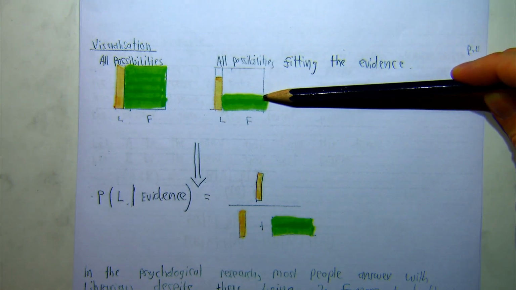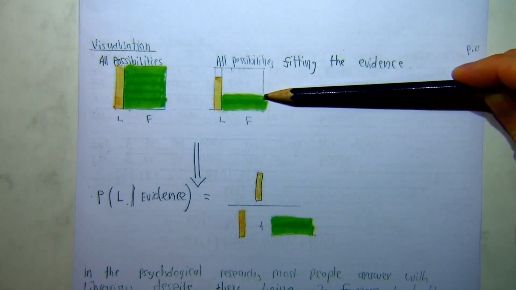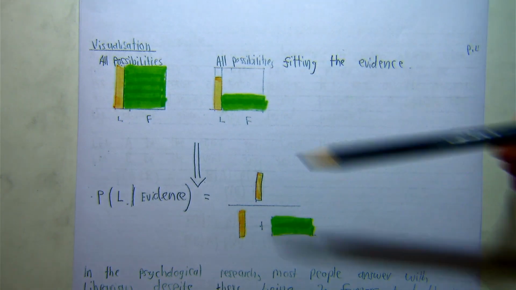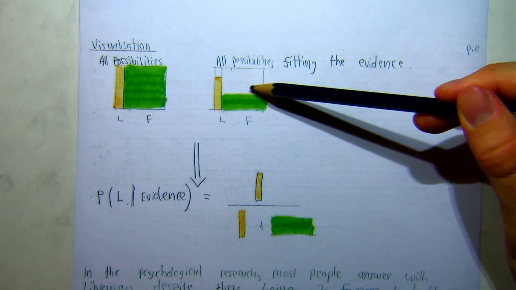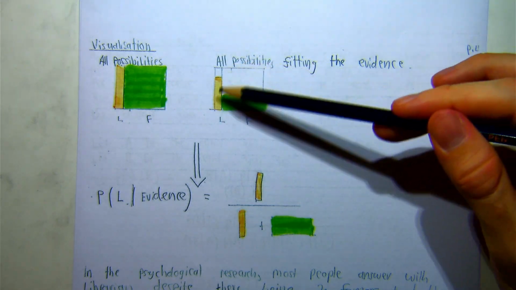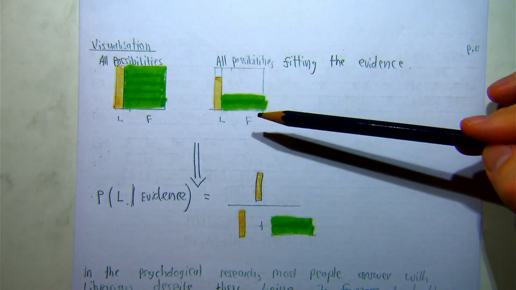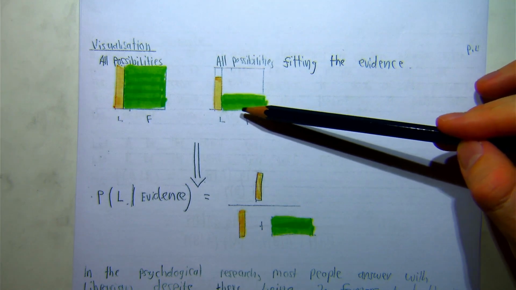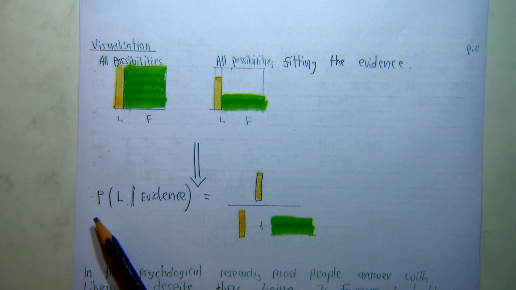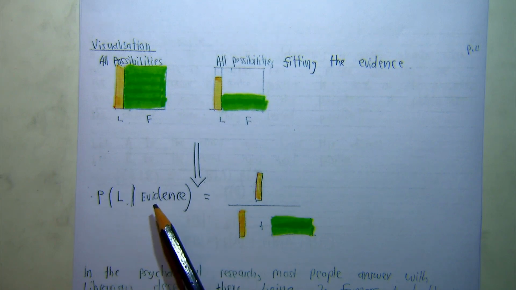And there are some farmers that also fit this description, but relatively speaking, the percentage of farmers that fit this description is much less. And you can see that this percentage is so much smaller for farmers, but because the total area of farmers to begin with is so much more, there's still just so many more people that match this description that are farmers. And when we work out the probability that they're a librarian given this evidence, we're basically